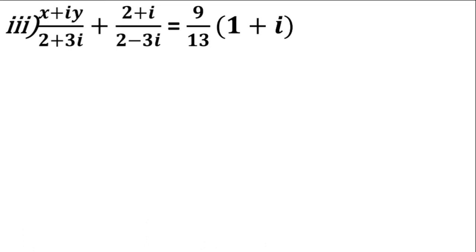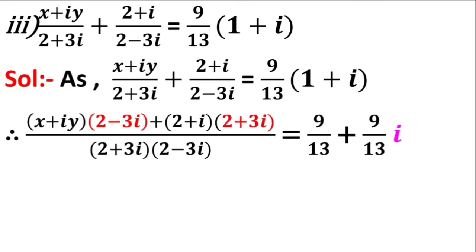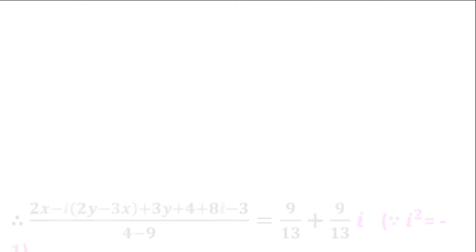That's it. Now question number 3 from 24. If (x plus i y) upon (2 plus 3i) plus (2 plus i) upon (2 minus i) is equal to 9 upon 13 into (1 plus i). Okay, the RHS is in complex form; just open it and you will get a real number plus imaginary. The LHS is also the same type, so simplify by taking the LCM and cross multiplication. Now open the numerator bracket, and it becomes 2x plus, after simplifying, you will get